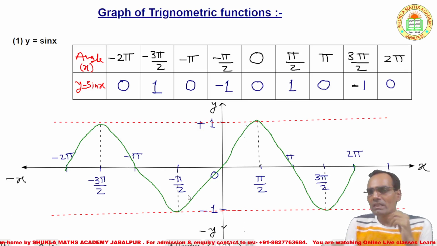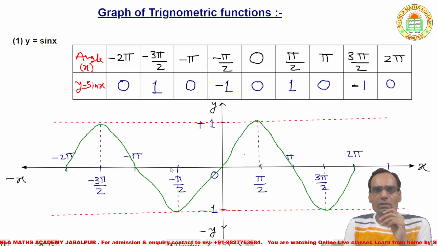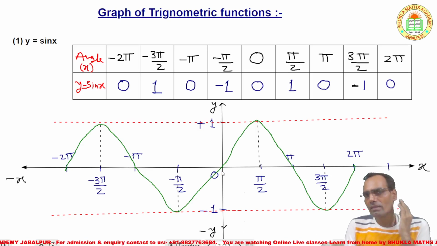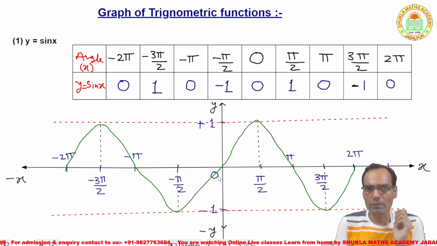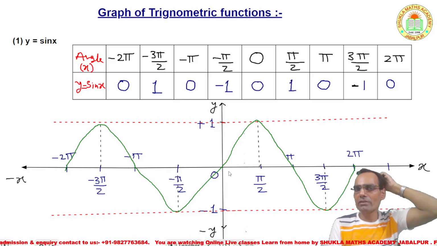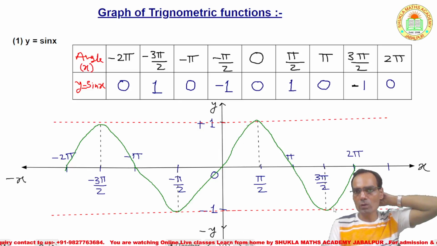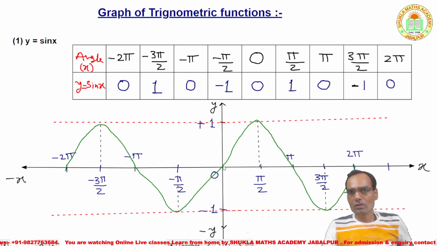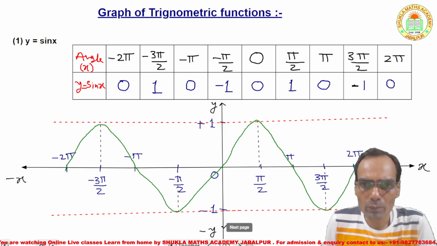Now see that here one cycle is completing from 0 to 2 pi and 0 to -2 pi, right? So we can say that the value of sin x repeats after the 2 pi interval. Now see that in the one cycle, 0, pi by 2, pi, then 3 pi by 2, then 2 pi, right? So the cycle is complete from 0 to 2 pi and also 0 to -2 pi, right? So here one formula is coming.